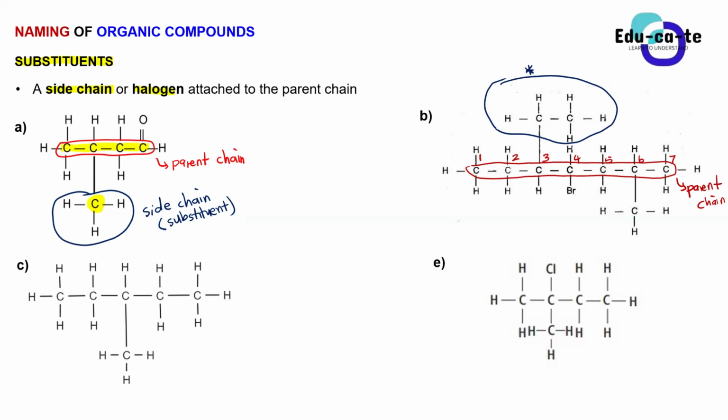So we say that's a side chain, or you can say that's a substituent. So this is the first substituent that you can have. In an organic molecule, we can have multiple substituents. It is not restricted to only one substituent, like the problem that we did on A, because on A, remember, we only had one side chain, which was our substituent. But on compound B, we can see other things attached to the parent chain. Which other substituent, guys, can you notice from compound B?